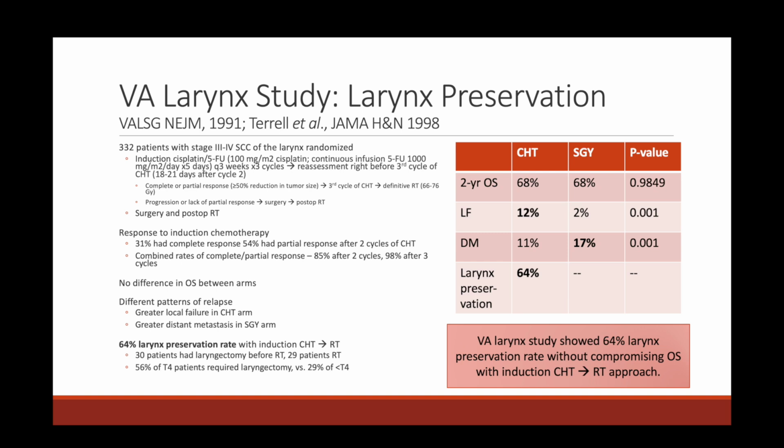Their outcomes were actually pretty good because their 2-year overall survival was very similar between both arms. It was 68% regardless of the arms. The local failure rates were actually higher with the chemo and then the radiation, so 12% versus 2%. But then the distant metastasis rate were higher in the patients that were managed with surgery followed by post-op radiation. So it was 17% distant metastasis in the surgery arm versus 11% in the patients that got chemo followed by